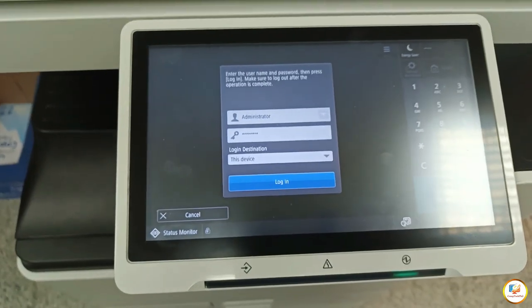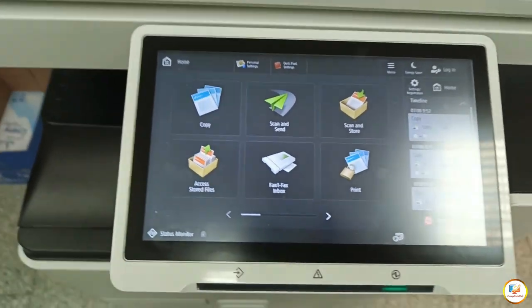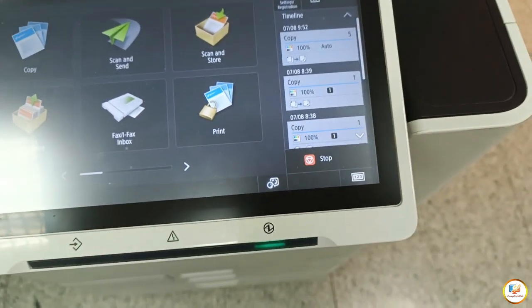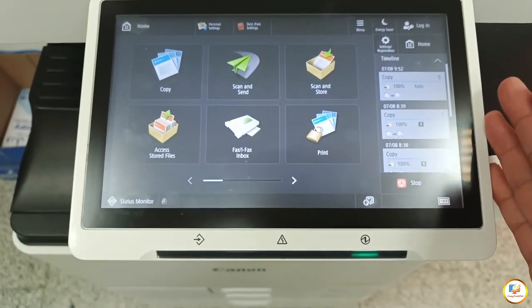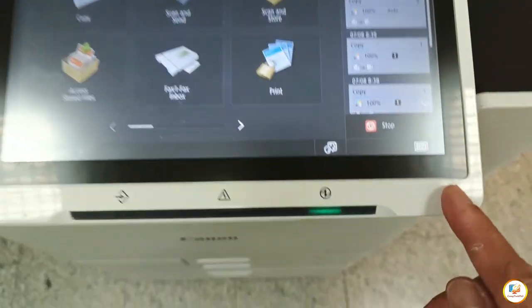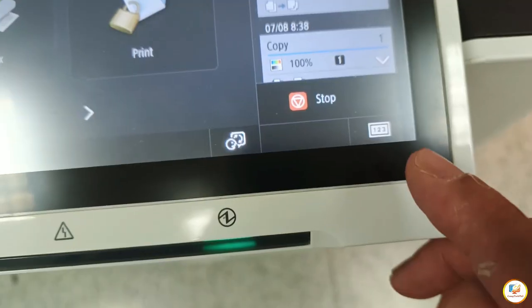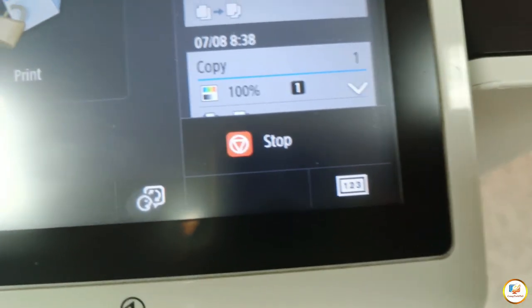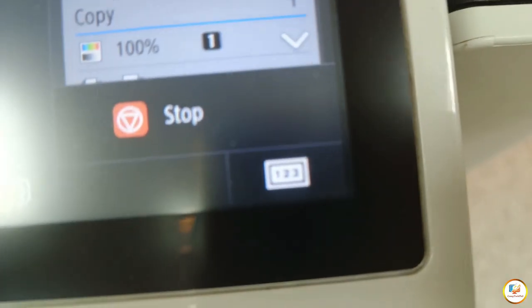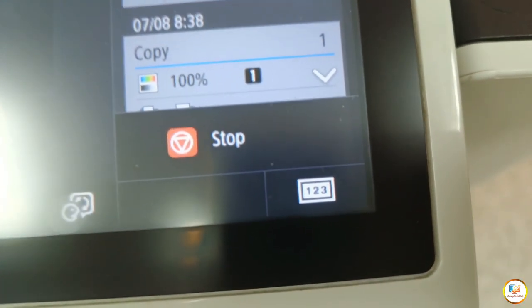Okay, so to start, as we can see at the lower right side of this machine, there is a button here. This is the number button 123, below the stop button. We're going to tap this one.